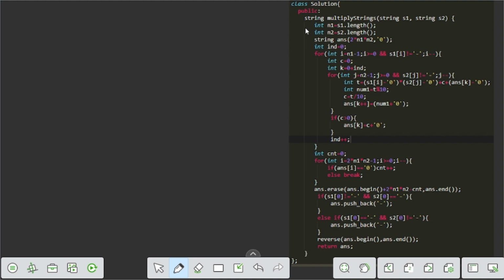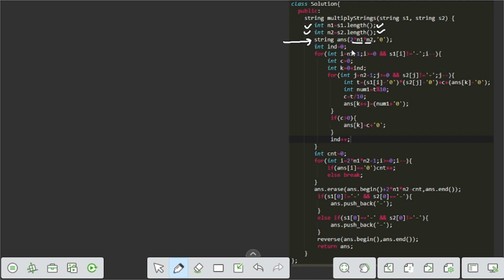In the code we initially create two variables n1 and n2. n1 defines the length of the s1 string and n2 defines the length of the s2 string, and we define a string of zeros with the length 2 into n1 into n2, a specific size, so we can generate the required